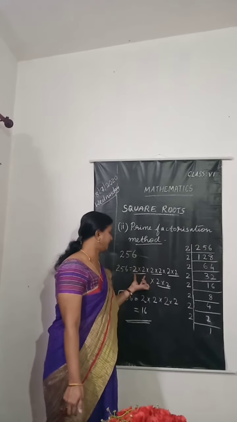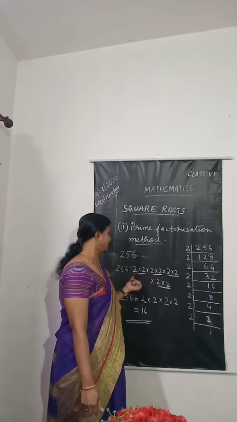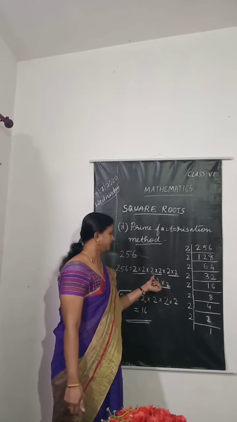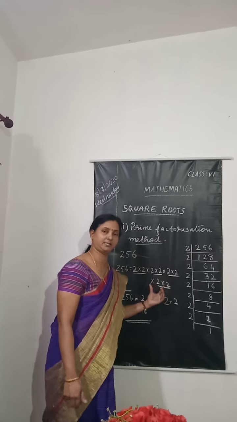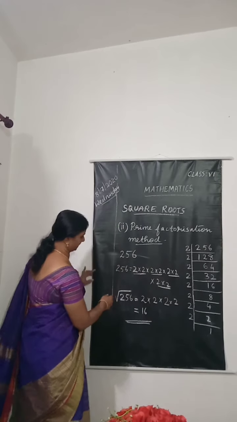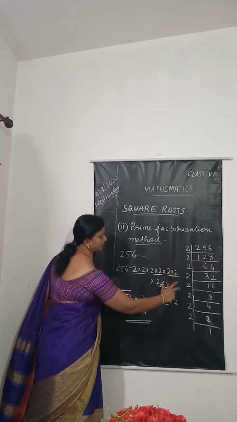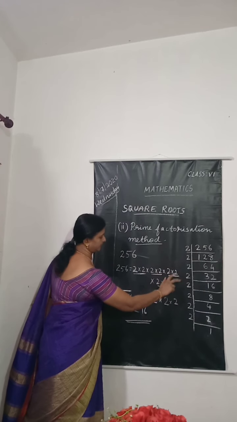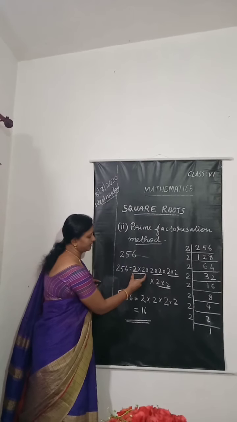2 into 2, that will come under one group. That means pairing the number. 2 into 2, underline 2 into 2. Next 2 into 2 you will underline, like that pair it and separate it. Now 256, if 256 is equal to 2 into 2 into etc., then square root of 256 means you have